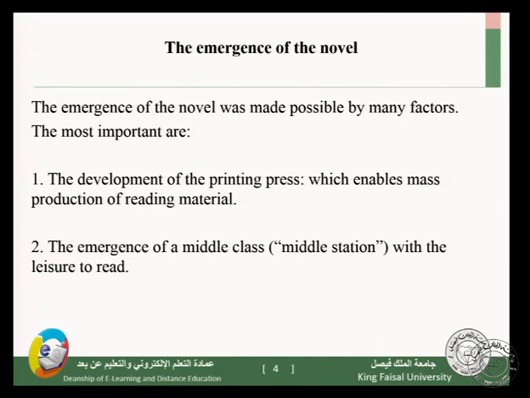But with the printing press it changes, because now you have a machine that can type fast and can produce huge quantities of copies that can be sold cheaply, and therefore average individuals can afford to buy copies of books, whereas before books were things that only rich people or aristocrats could afford to have. So the development of the printing press is very important for the emergence of the novel.